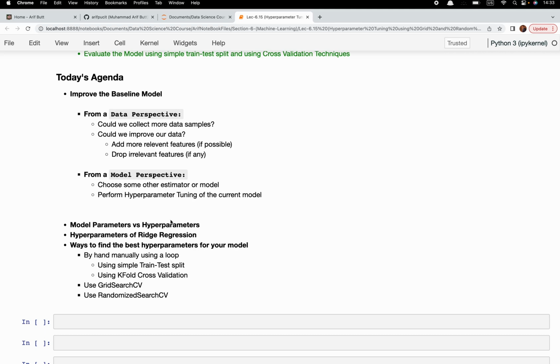We will start with a detailed comparison between model parameters and hyperparameters. We will see how we can find different hyperparameters of our regression or our classification model, with a specific emphasis on the ridge regression model. And after having a clear understanding of hyperparameters, we will see how we can find the best hyperparameter values using